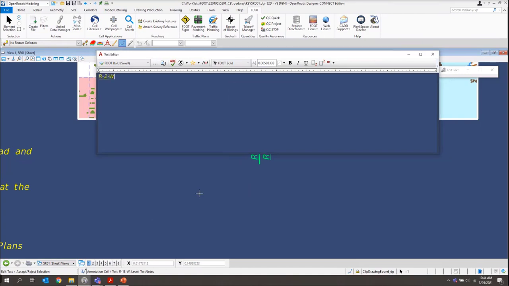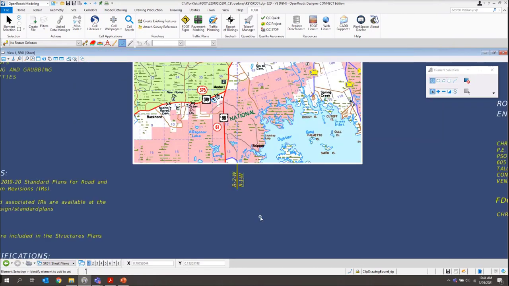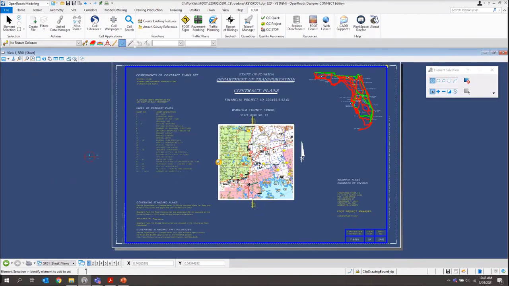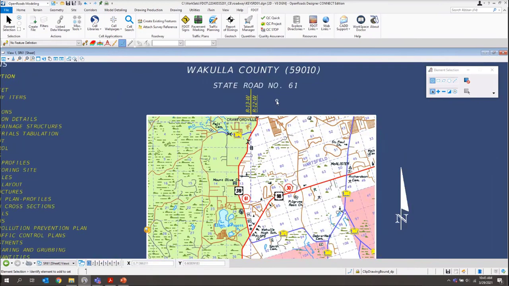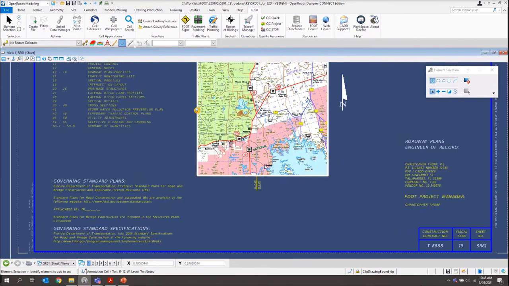So just hit OK. Then again, we'll adjust this one down here on the bottom. It's going to be 5 and 1. What we could have done is just placed the one, edited the text, and then copied that one. So let me actually get rid of this one, and then I'll just copy the one from down below.